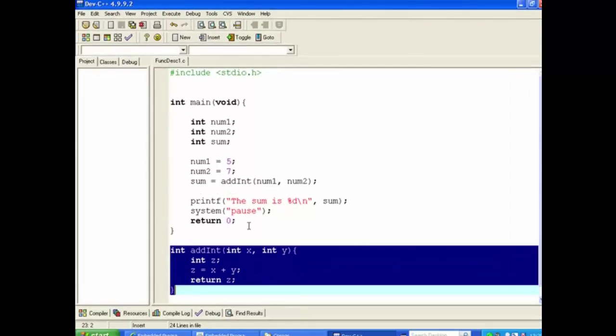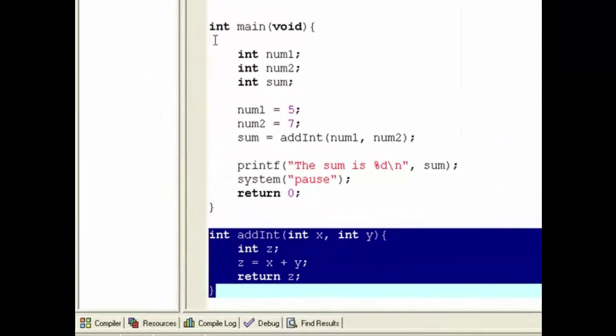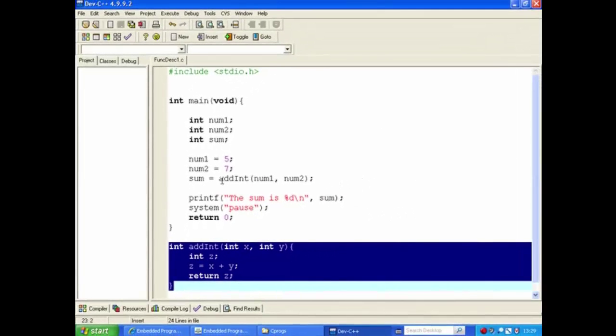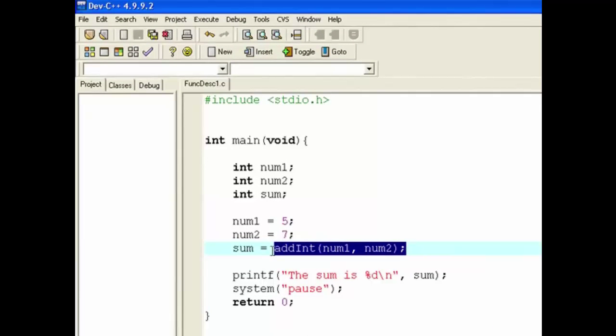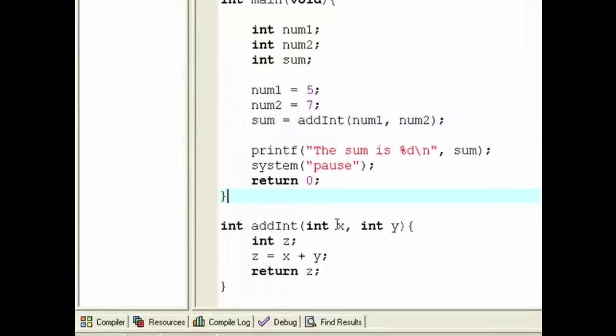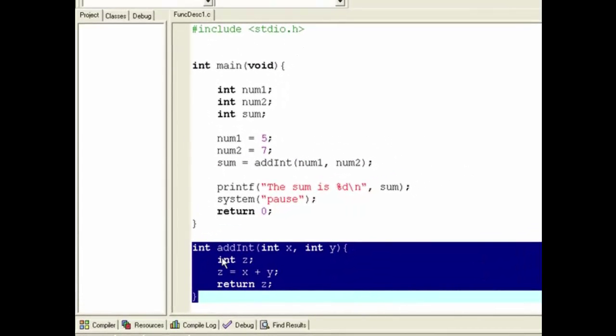But in any case, the rules are that if you place the function after where it's called, okay, so it's called here for the first time here, and if we went down in logical order here, we get as far as here, and we see this add int, and we'd have never heard of it up to that point. A little bit like if I ask you to do something in C programming but you haven't watched the video first. So what you either do is you can either place the entire function up here